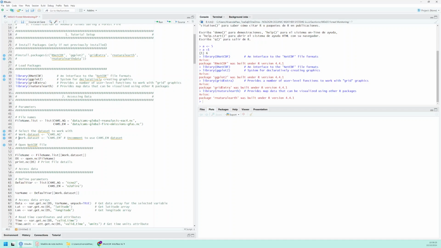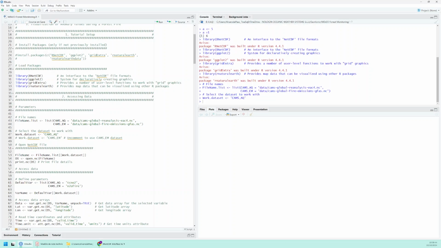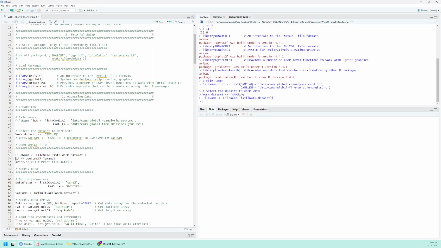By now, as a first run, I would recommend using the air quality data, and after that, if you are interested, you can run this tutorial again using the emissions data, right? So, we can run these first parameters to get the information of the file we are going to use. Here we are defining the file name. So if we print the file name,